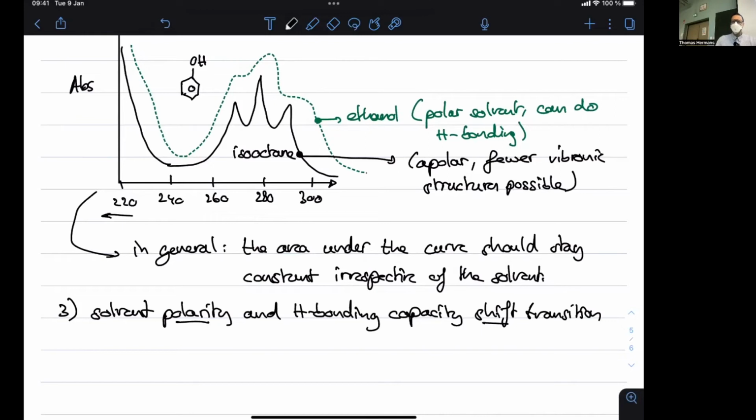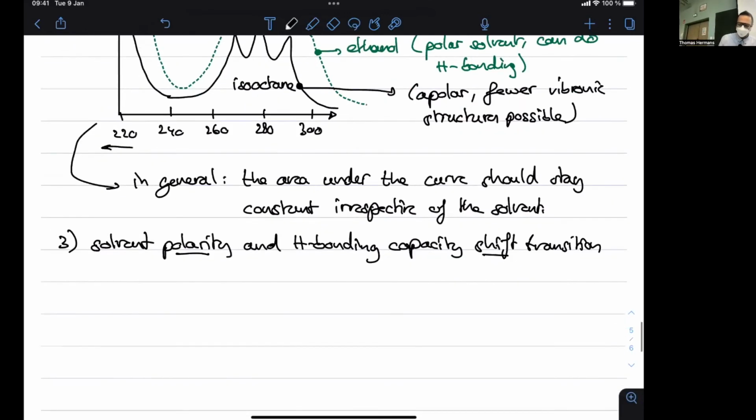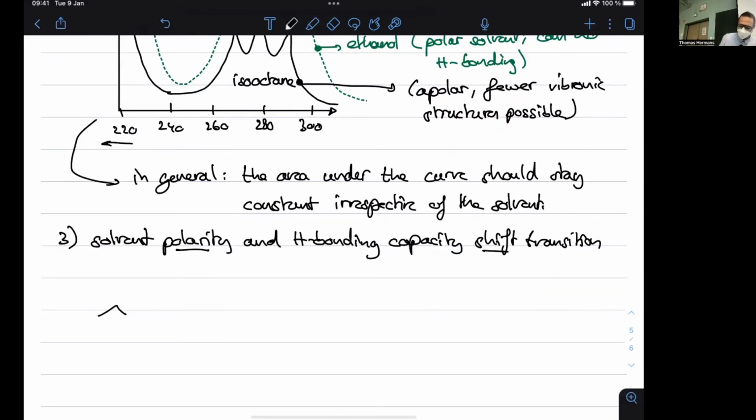Okay, not only do they change the broadness, but also they can shift the position. So for example, if we look at acetone, and we put acetone in different solvents, and we look at the lambda max in nanometers,